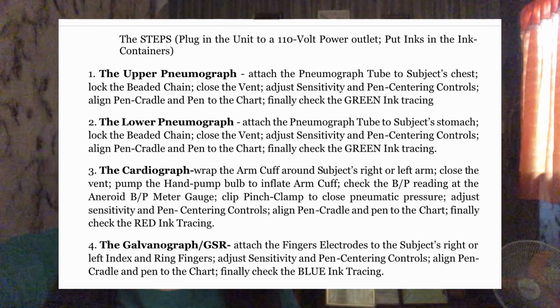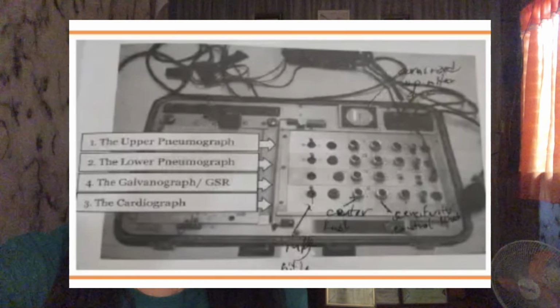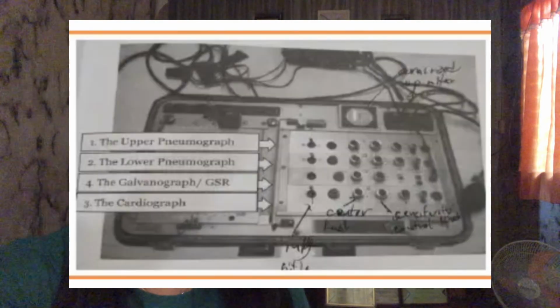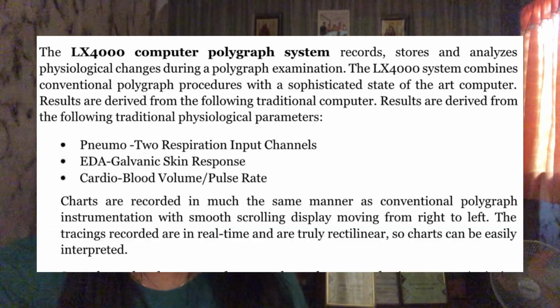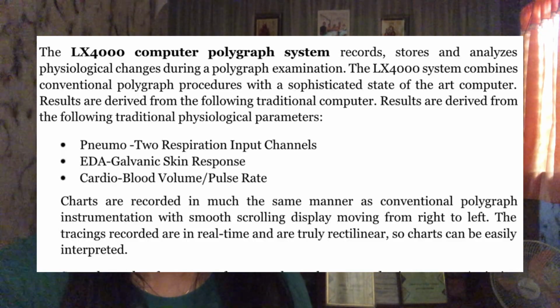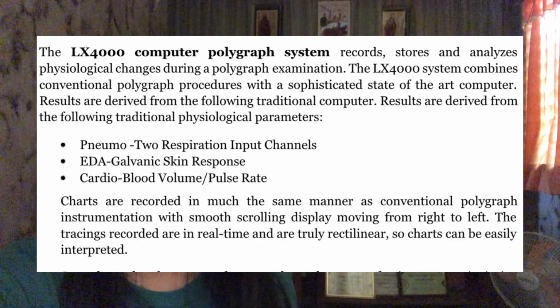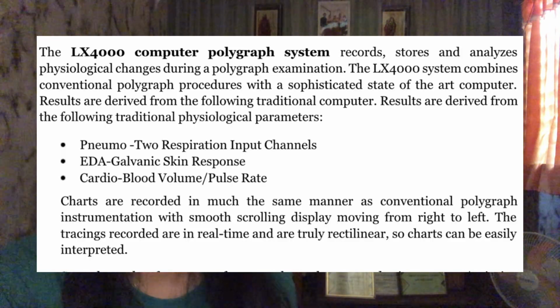So the steps: to plug in the unit to a 110 volt power outlet, put inks in the ink container. So we have the upper nomograph, the lower nomograph, the cardiograph, and the galvanograph or GSR. So ultimately, the Stoelting deceptograph utilizes the LX4000 computer polygraph system, which records, stores, and analyzes physiological changes